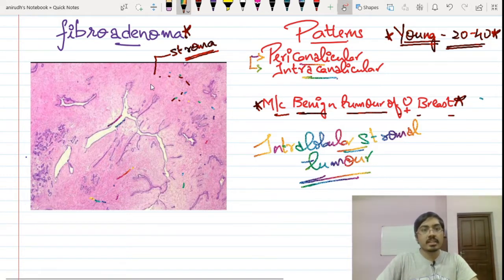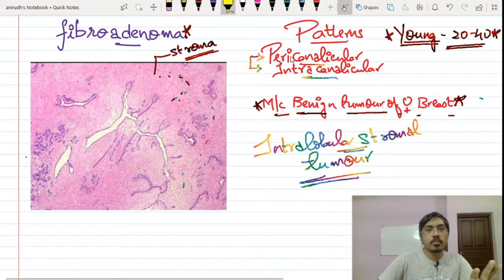You have seen the stroma here and you have seen the canalicular component of the breast here, isn't it? So this is the glandular component and that's the stromal component. Now let me tell you something here. There are two patterns followed by fibroadenoma, and it is very important that you note this. These are the two patterns shown over here, and if you look at this particular part of it, this looks